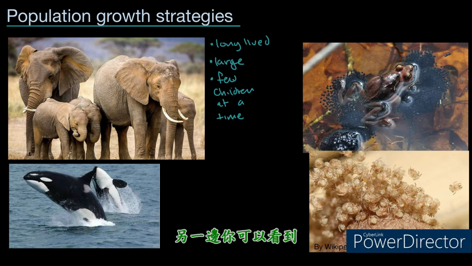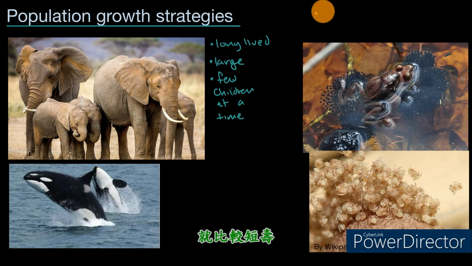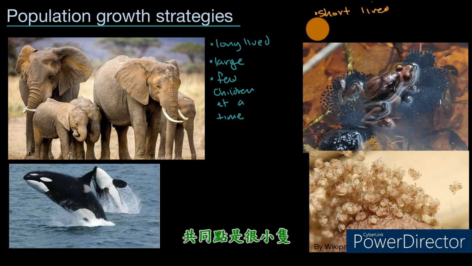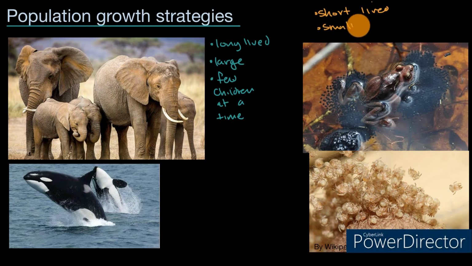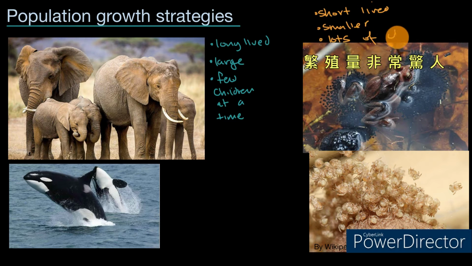Now, at the other end of the spectrum, you have some of the things that we have here. You have amphibians like frogs. You have insects. You could imagine small fish, bacteria, mosquitoes that are more short-lived. They tend to be smaller. And they tend to have a lot of children at a time. So lots of children